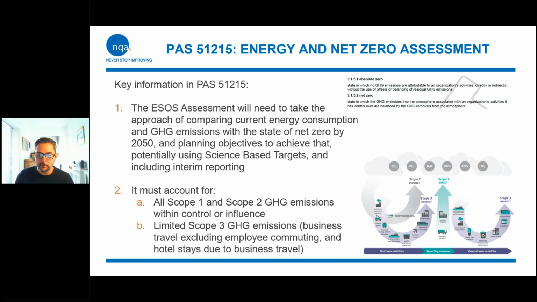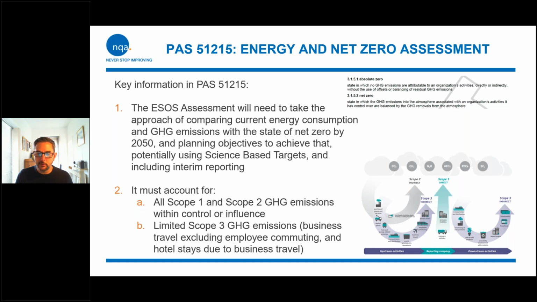The scope 3 greenhouse gas emissions are limited overall compared to what I would be used to seeing when doing ISO 14064 verifications or PAS 2060 verifications, those types of things, which usually include all of the upstream and downstream activities. So it's relatively limited, the scope 3 that we'll need to report under